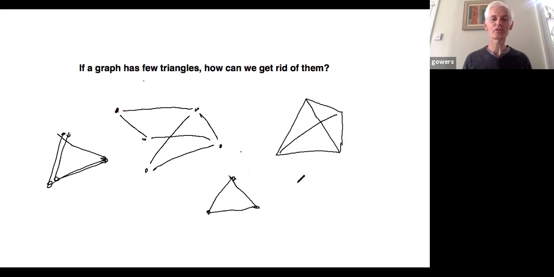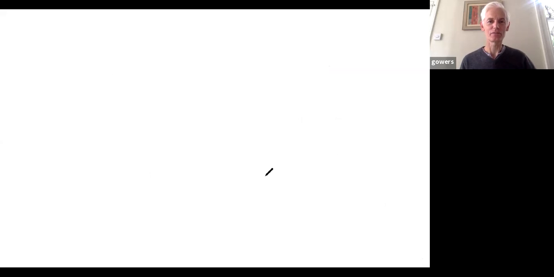And so we say that a graph is triangle free if it doesn't contain any triangles. And there are lots of interesting questions about triangle-free graphs. Unfortunately, I haven't got time for those right now. What I'm talking about is graphs that haven't got very many triangles. Now, what does that mean? Let's get a little idea of what it means to say that a graph hasn't got very many triangles. So let's take a graph which I'll call G,